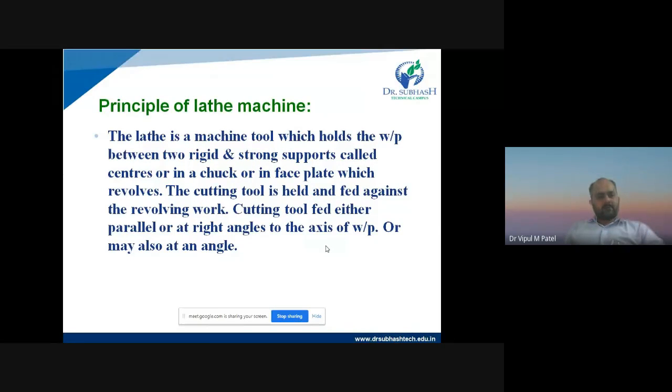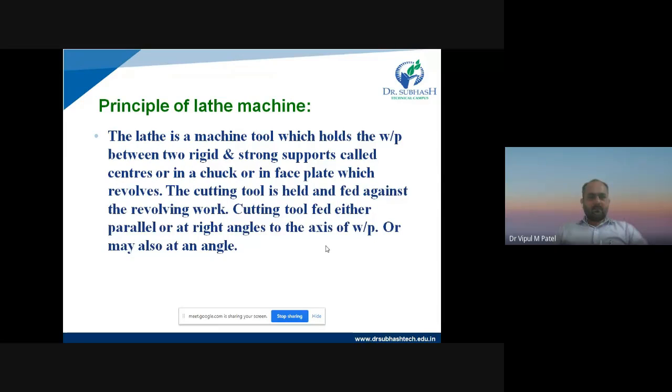So first of all, we are going to discuss the principle of the lathe machine. Those students who are from diplomas, I hope all of you have some idea regarding the importance of the lathe machine, principle, function, functional requirements, how many types of lathe machines there are, their importance, types of operations we can perform, alignment tests, advantages, disadvantages, principal units and parts of the lathe machines. All these things we will cover in this chapter.